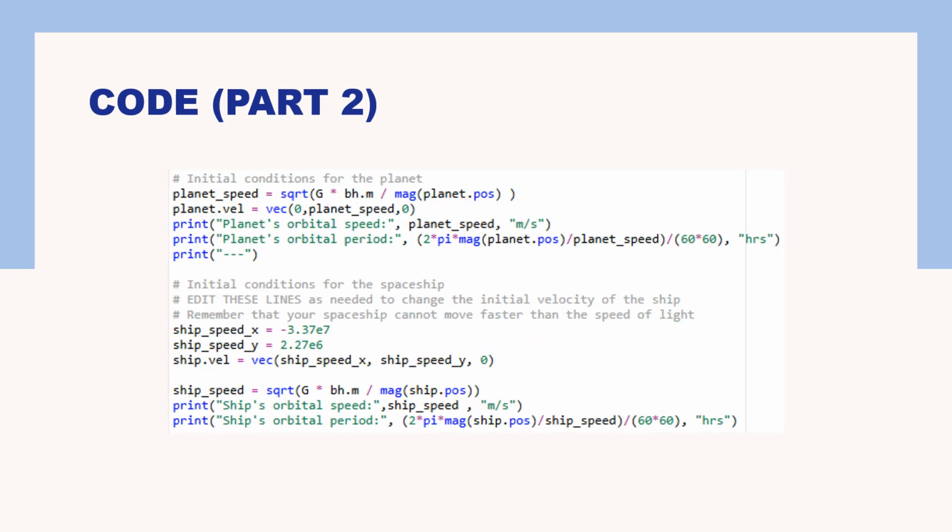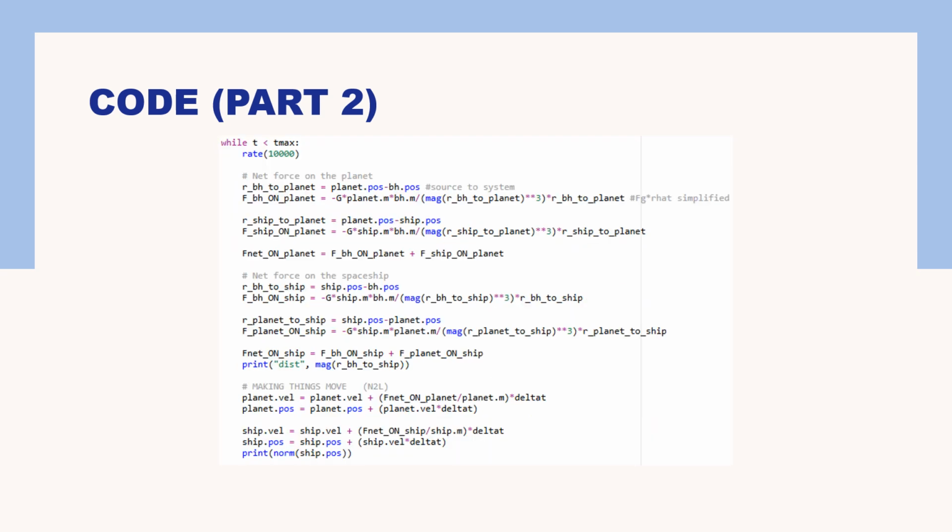Initial speed for both the planet and the ship were calculated as the square root of G times the mass of the black hole over the magnitude of the distance from the black hole to the object. For the planet, that was the velocity in the y direction. For the ship, I used trial and error to determine the x and y components, which were used in the velocity vector. For the 10-minute loop, the net force on the planet and the net force on the ship were